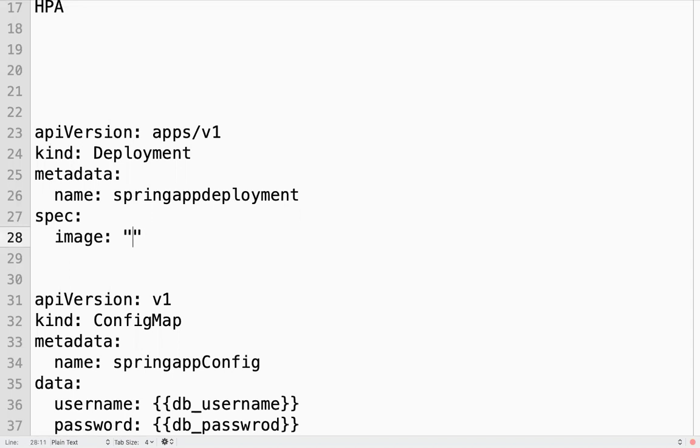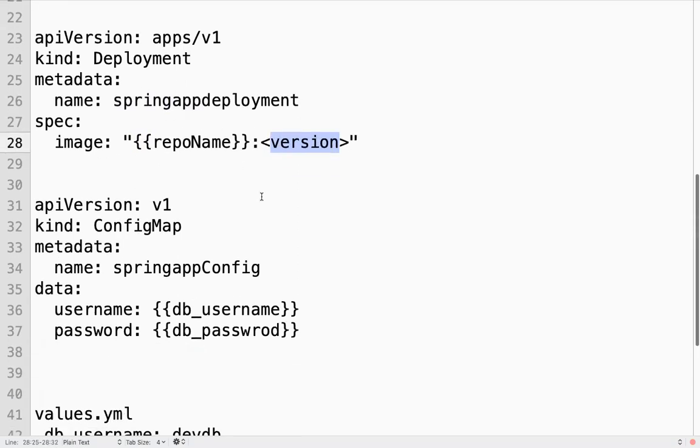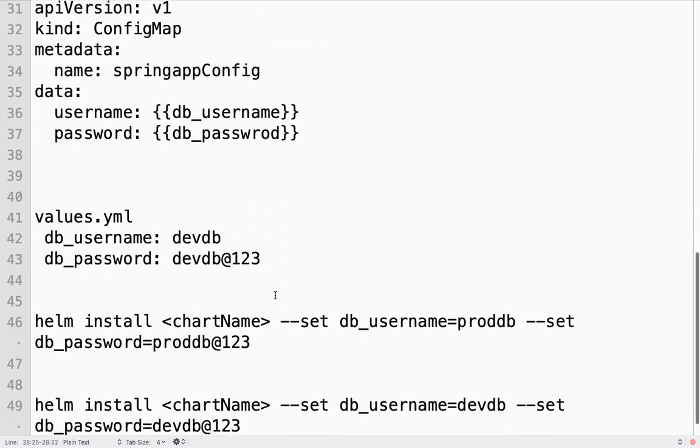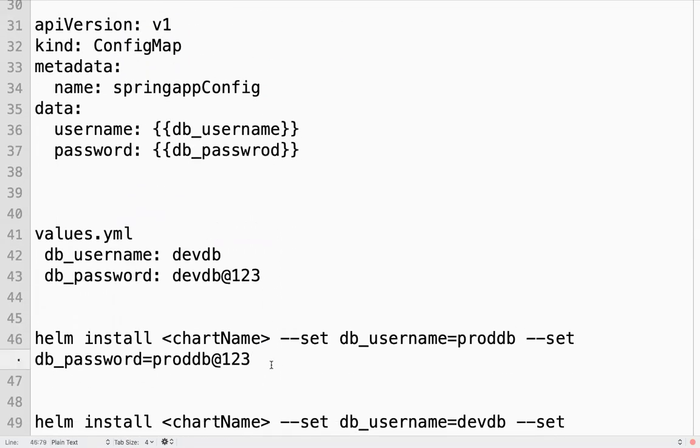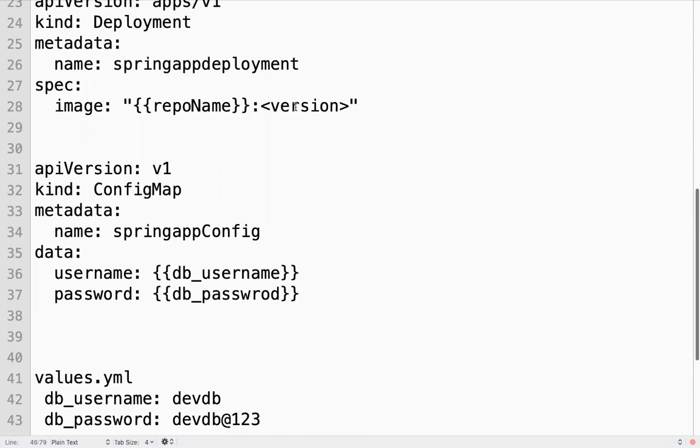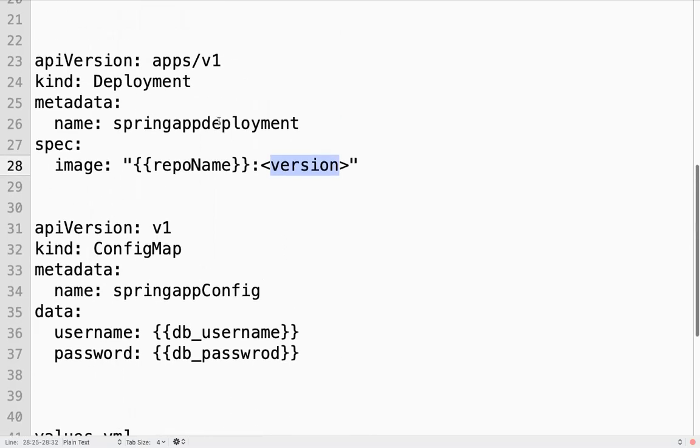Here you can have an image. Again, you don't need to hard code the image version here. You can refer to it using a variable. You can have something like this: repo name and version. So where can I define this version? If at runtime I want to pass the version, you want to deploy the latest image.